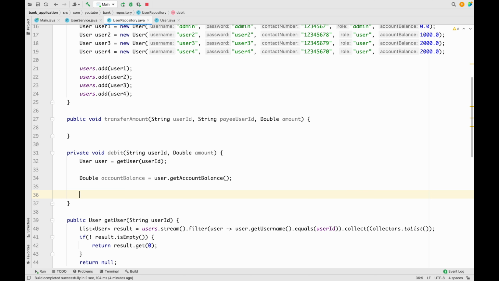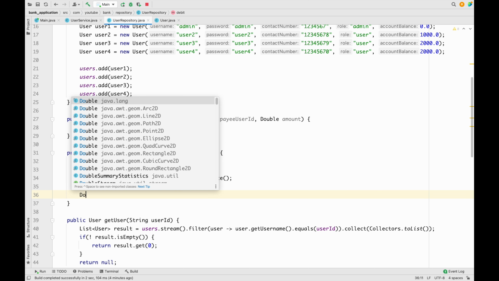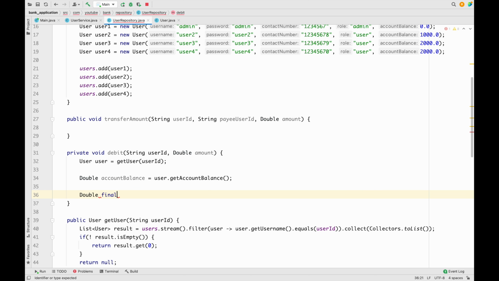So we can make it double final balance equals account balance minus amount. So this final balance will be the new updated balance that we want to store back